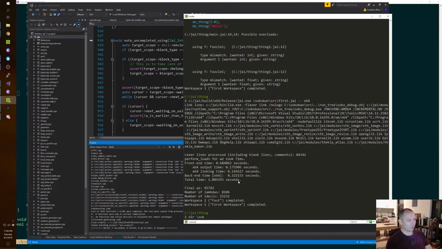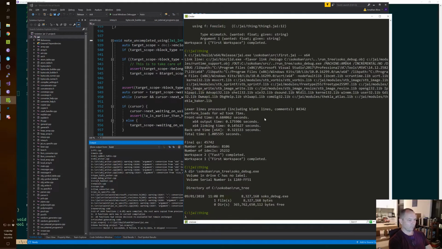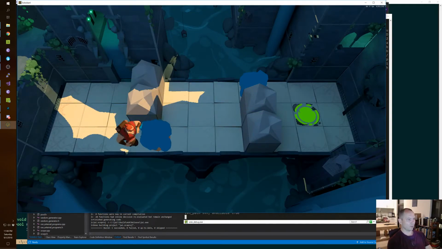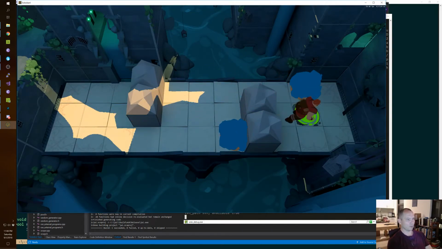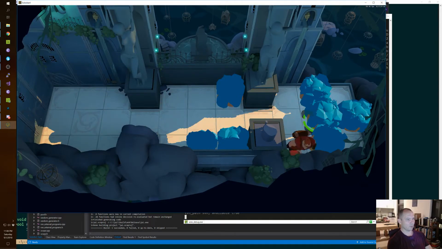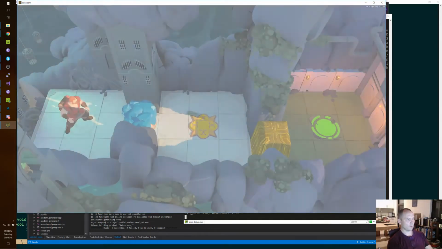Now that we're using the dynamic libraries for Visual Studio, we're back to about 1 second, which is good. It is 11:08 p.m. All right.